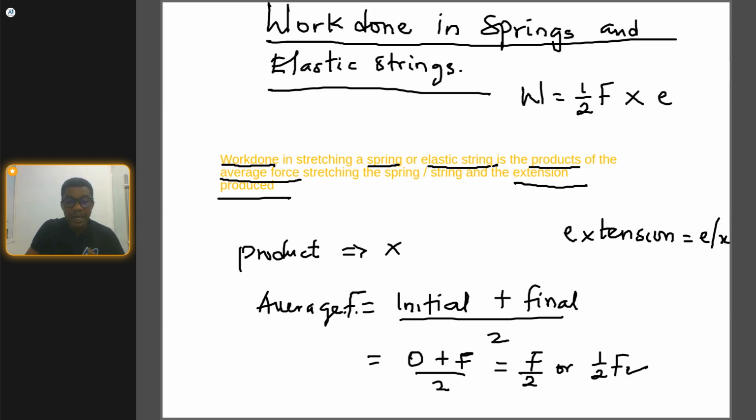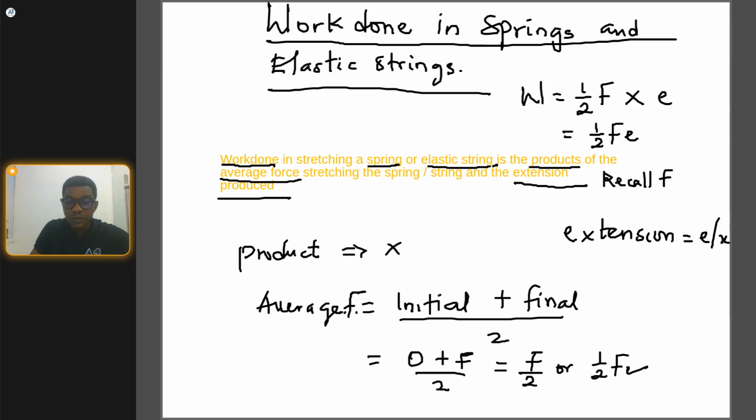If I'm going to use E, I can use E. If I want to use X, I can use X. So this is going to be equal to 1 over 2 Fe. So we have this to be the formula for work done. The formula for work done is given as 1 over 2 Fe. Also, we can simplify this to be another formula by saying, recall